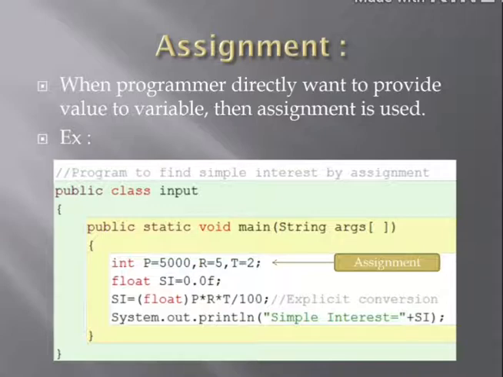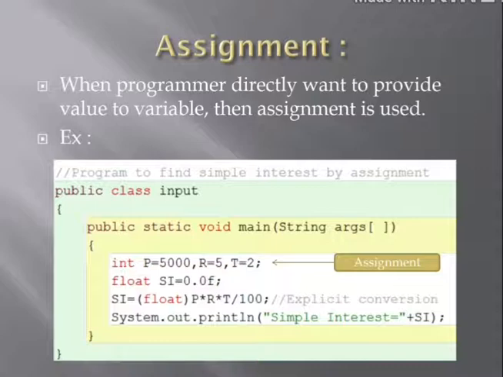When we don't know what value we are getting as output, inside that variable we are providing some value so that garbage value never affects our variable. Garbage value, what is garbage value? Already some value is present inside our computer, in our memory.